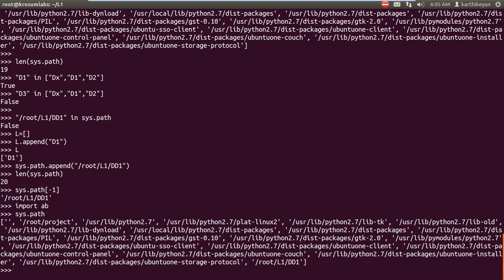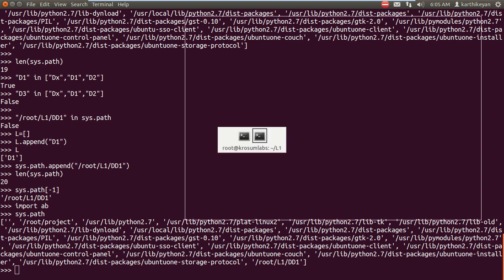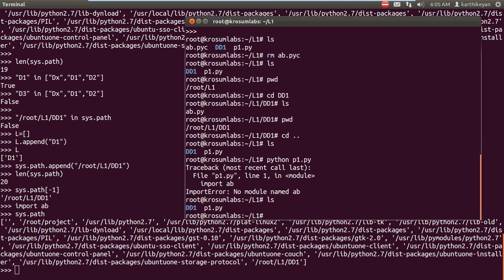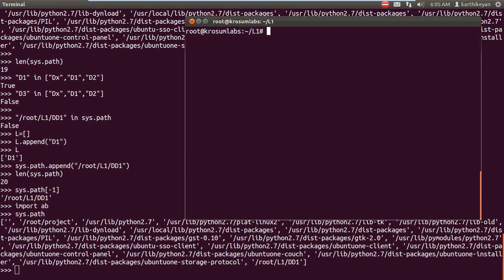So if you want to load any external path into a local module, I've written it directly in the interpreter. If you want to write it inside a file, the same steps apply. You can write it inside this file. I don't have py or pyc, and we can import directly. How to do it?